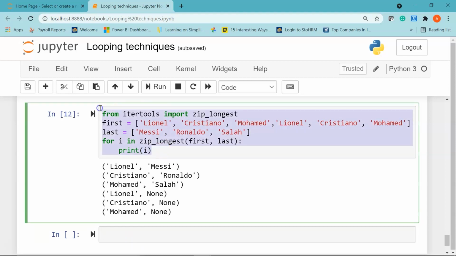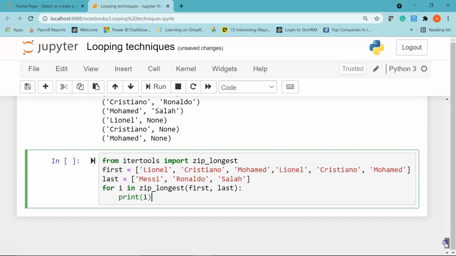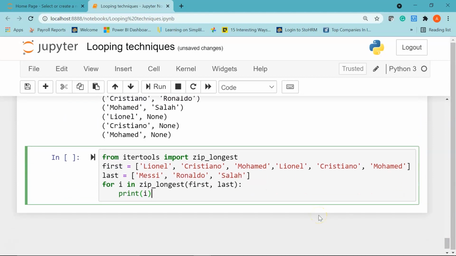Let me just copy this and paste it here, and the only change that I'm going to make is I'll give a comma and use the parameter called fillvalue equal to, I'll say NA.